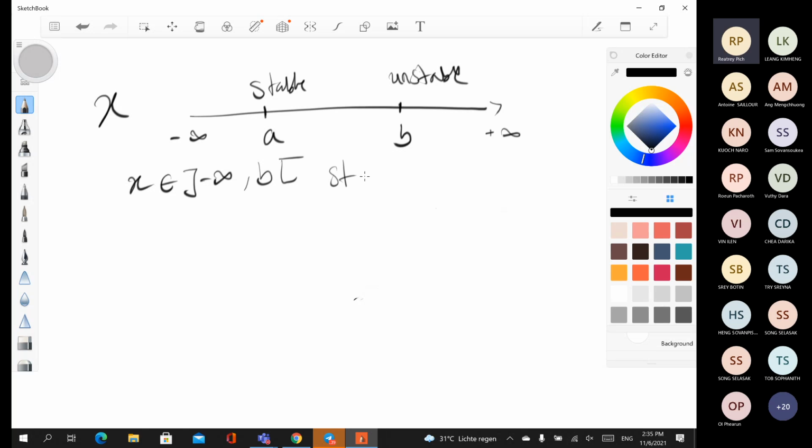Our system is stable, right? Yes. Sure. So in this case, if it's stable, it's something like this. If it's unstable, something like this. So if x belongs to,